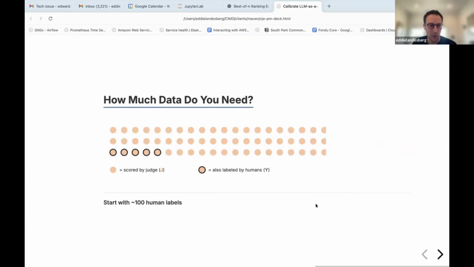Okay. So yeah, just a practical heuristic or starting point that I would recommend in terms of how much data you need. I would aim to have 100 human labels or 100 human expert labels and see where that gets you, and maybe multiply that by 10 in terms of the total examples. But I wouldn't say this is just general guidance.